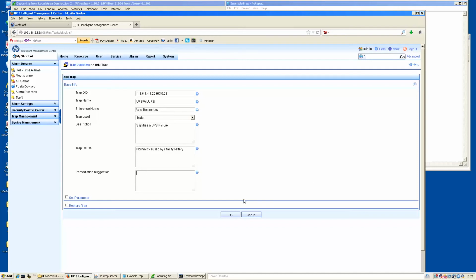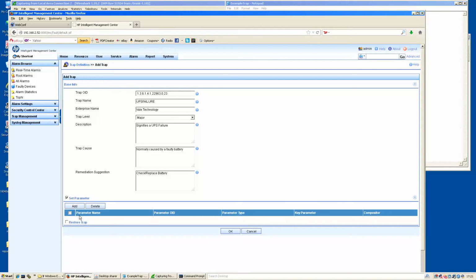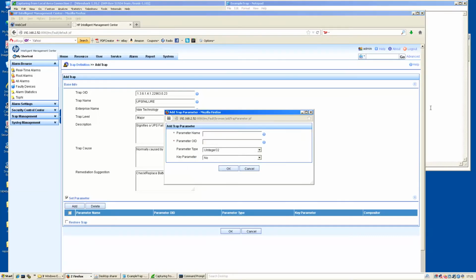In the suggested I'm going to say check stroke replace battery. When the trap comes in, the trap had these two var bindings associated with it. So what I want to do is turn them into parameters. So I click on set parameter, click add, give the parameter a name. So I'm going to call this UPS message,